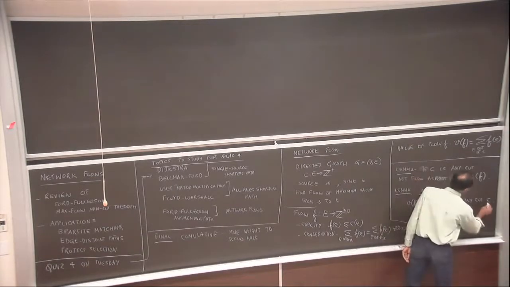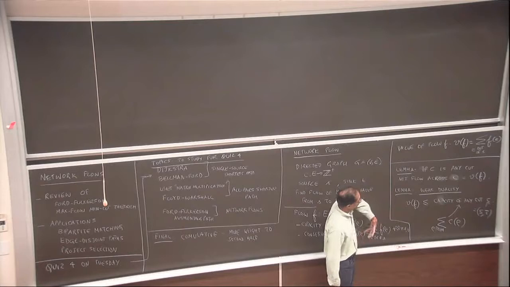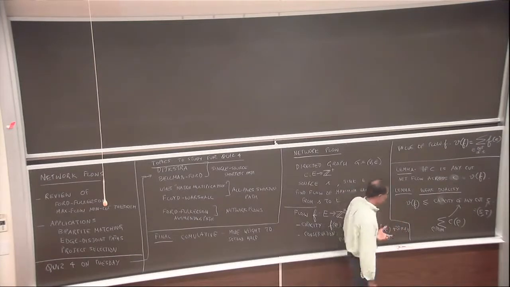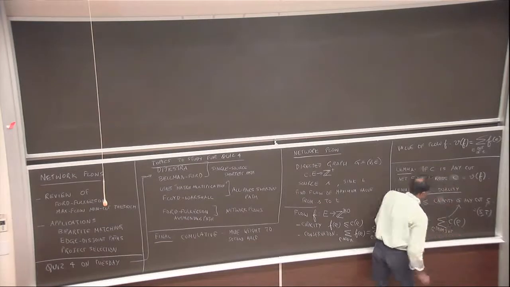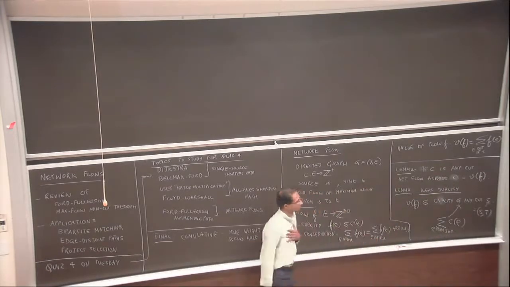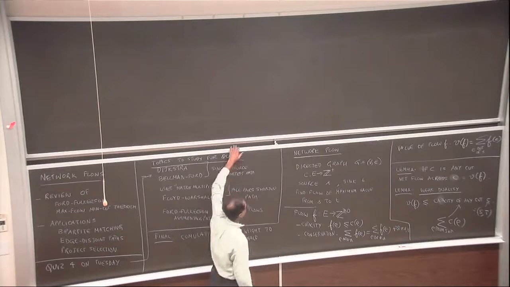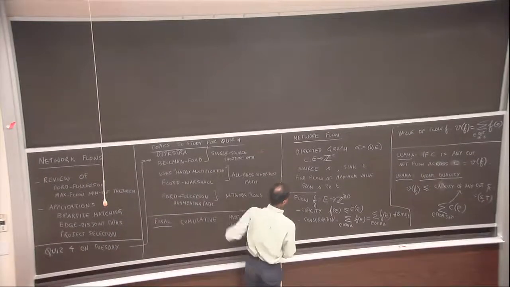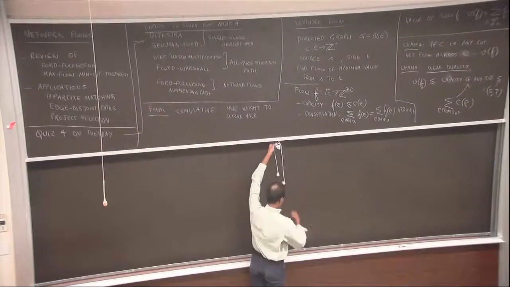So let's write down the cut C as two parts, S and T. Capital S is a set of vertices containing the source S. Capital T is a set of vertices containing the sink T. So the sum over edges E from S to T, that's the capacity. Okay? So we did all of this. So now let's just remind you of the